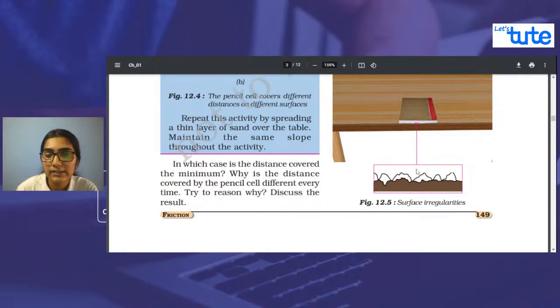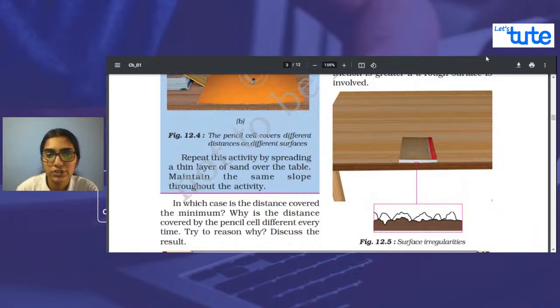So when the particles attach themselves here, it is very difficult to move. So yeah, grooves and ridges are the reason for friction. Now, the factors affecting friction. There are some basic factors that everyone should know that affect friction.